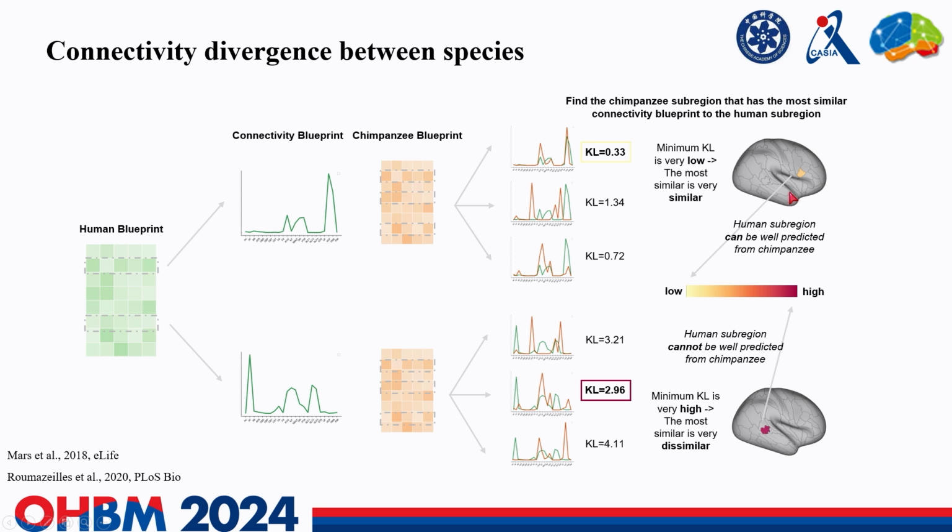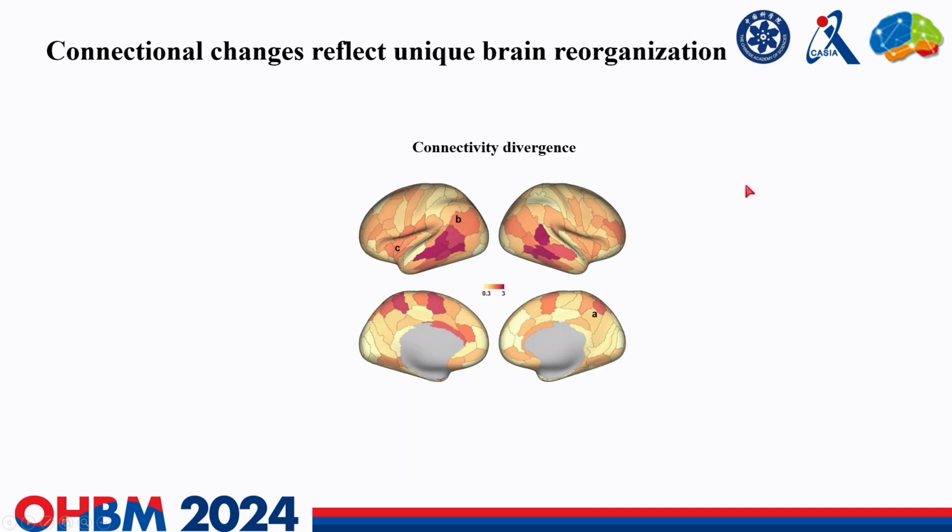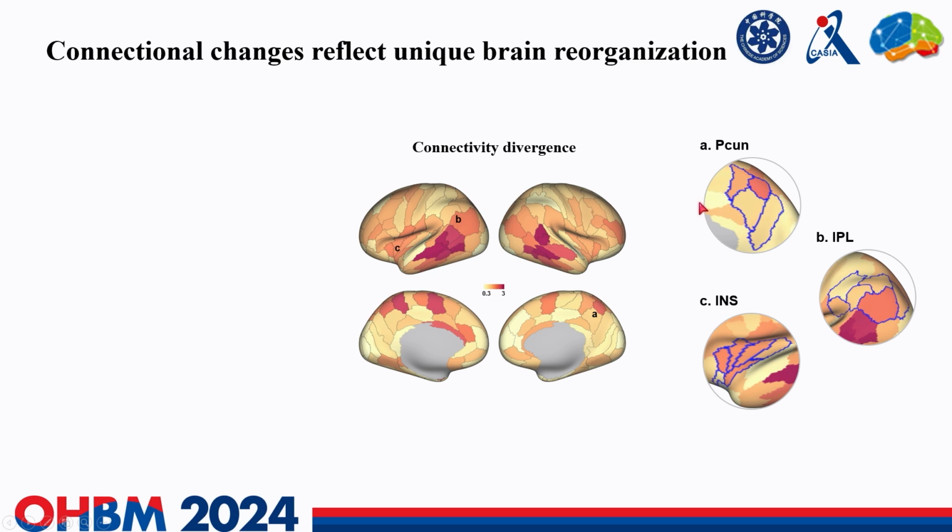The higher value in the maps indicates that the region in humans has a more dissimilar pattern than that in chimpanzees. In other words, this pattern may not be represented in these close phylogenetic relatives. As the figure shows, we found the regions with the most different connectivity patterns were located in the middle and posterior temporal regions. And thanks to the fine-grained atlas, we could distinguish the difference in heterogeneous regions like the Broca's area and Insula,